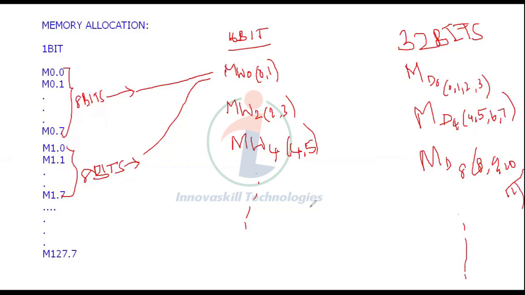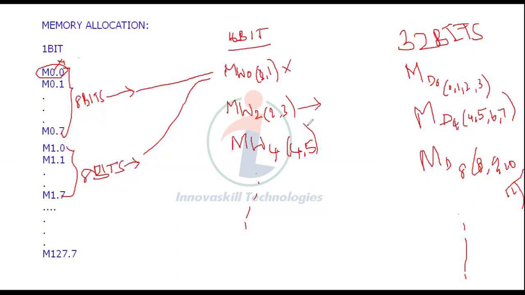Now another thing is important here. Suppose you first use a single bit address in your program. Next, in the same program, if you need a 16-bit address, you cannot use that same address, because in the single bit you have already used channel number 0. You cannot assign the same channel again for 16-bit. So if you used the first address in this, you have to go for the second address here.